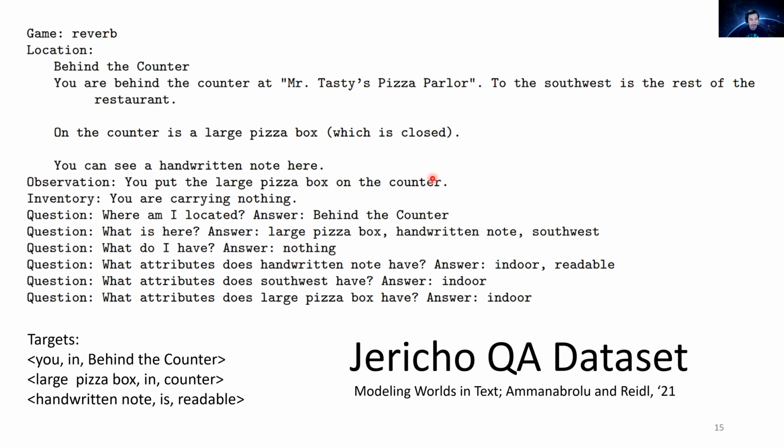And by training on this set of questions and answers, it's possible to pre-train a QA model to be a little bit more flexible than the heuristic-based knowledge graph extraction style of model. So by performing this type of data set training across a large number of games, the QA model can get increasingly general in its ability to identify the attributes of different types of objects, like a note is likely to be readable, as well as being able to identify the names of locations and the names of the